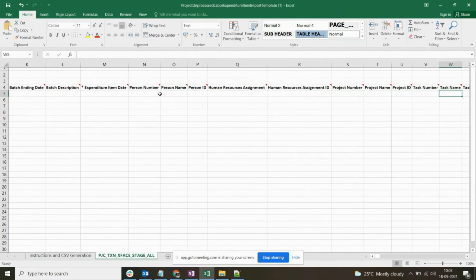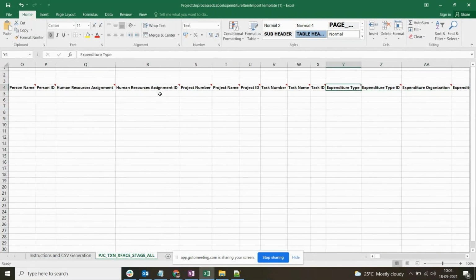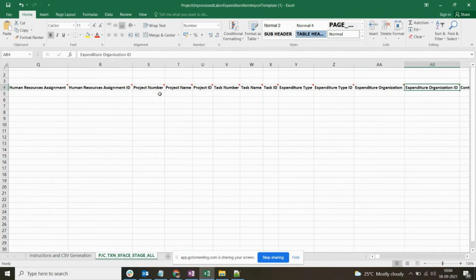And you have to give the project number. Don't bother about the IDs and names. If you populate the number, that is sufficient. No need to enter the name and the ID. Not only for this, for the rest of the columns as well. Even for the task number, if you give the task number, that is enough. No need to give the task name also. And then again, expenditure type, and we don't enter type IDs. I mean, we don't enter IDs anywhere. And then expenditure organization,